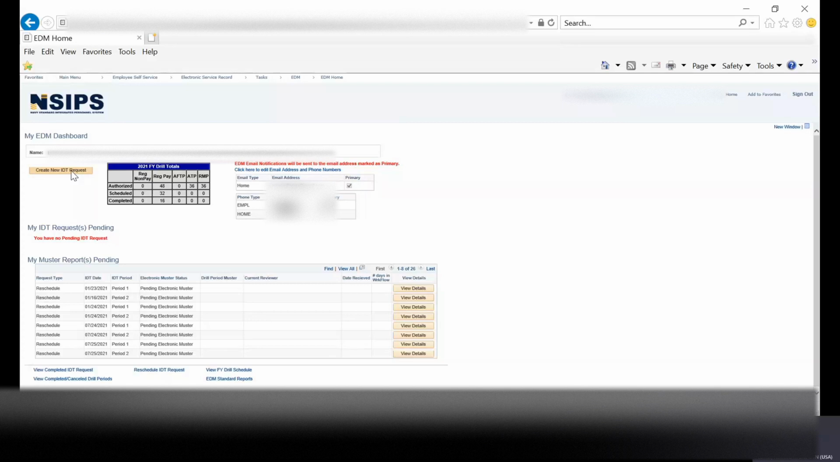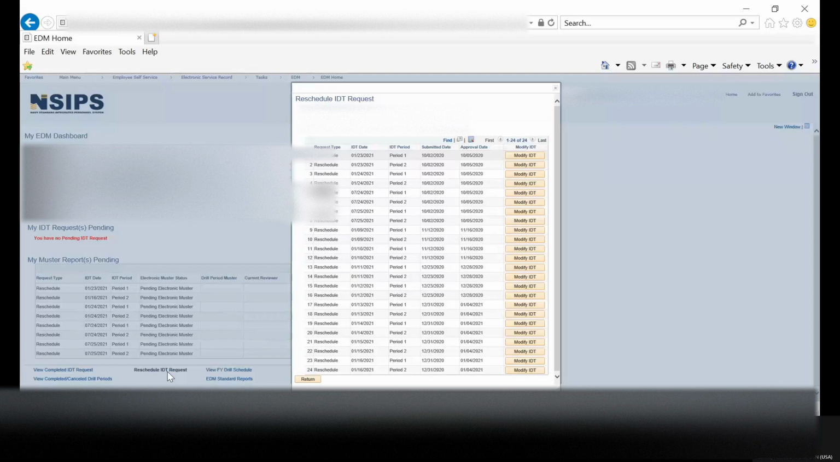Since you can only reschedule a day that has not already been rescheduled by going to Create New IDT Request, to reschedule an already rescheduled drill request, you can go here to Reschedule IDT Request. You will see a list of all of your already once rescheduled IDT periods. So since our unit CO wanted to change the January 13th, 14th drill weekend to February 6th and 7th,